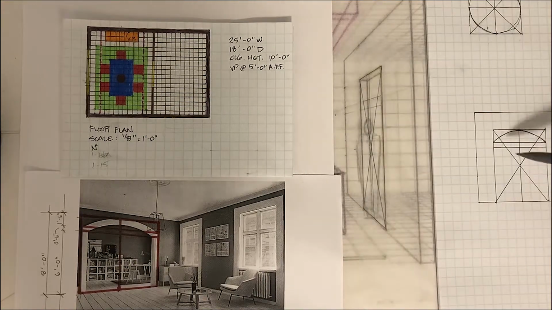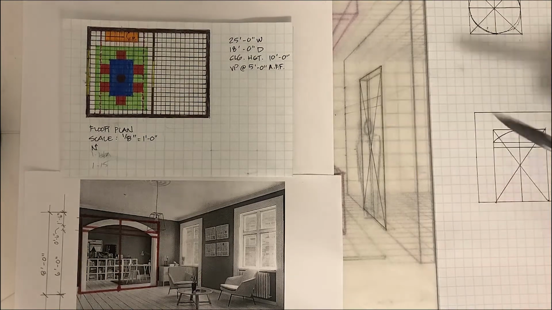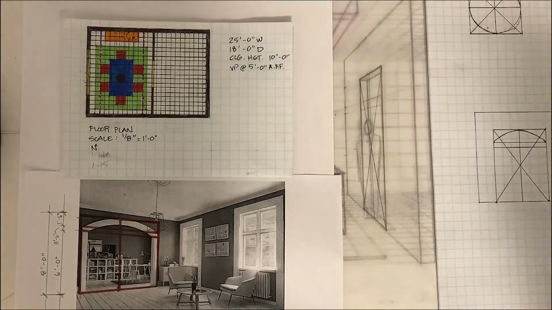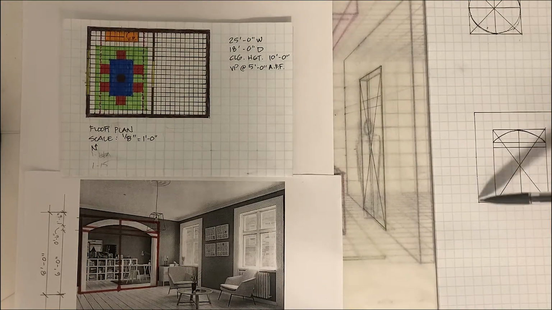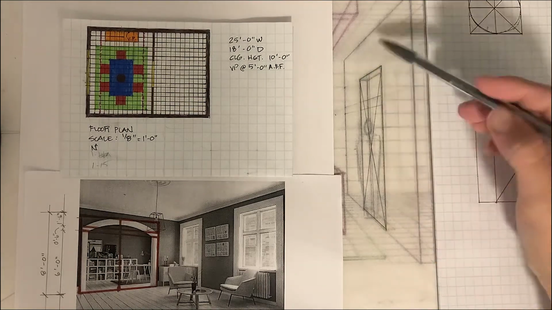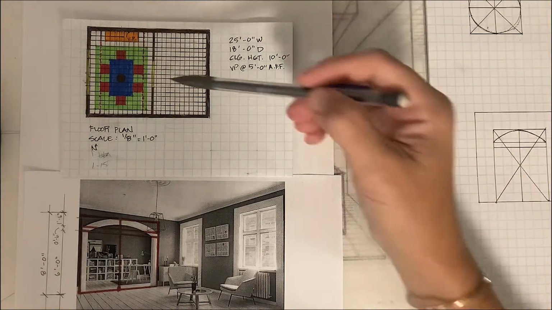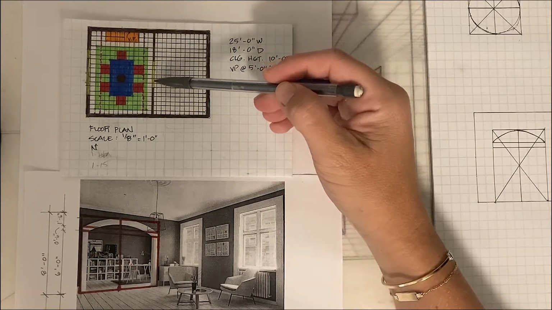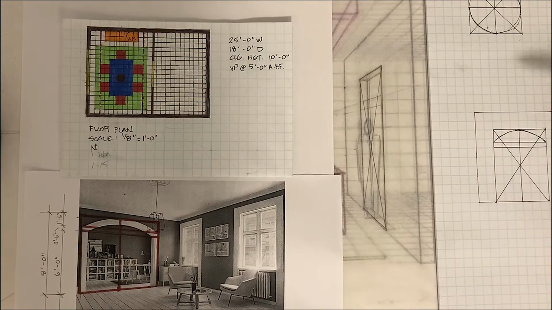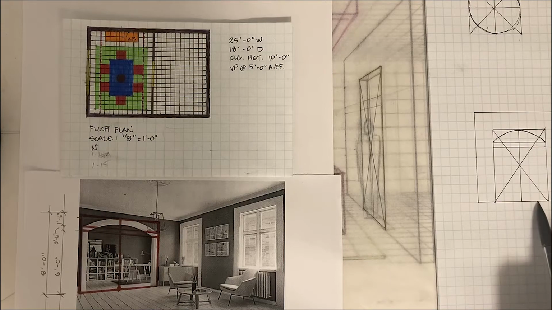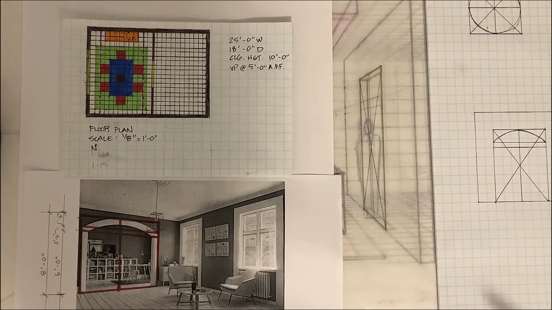So I'd like to draw your attention now over to this diagram. Now this is an elevation drawing of this wall here. But of course, the wall on either side of the archway has been kind of removed because I didn't want to draw it as wide as it actually is. But you can see here, this is my wall, this wall right here. And you can see based on my floor plan, we've got an opening here that's 1, 2, 3, 4, 5, 6. It's 10 feet tall. I've drawn this at 1/4 inch scale, haven't I?